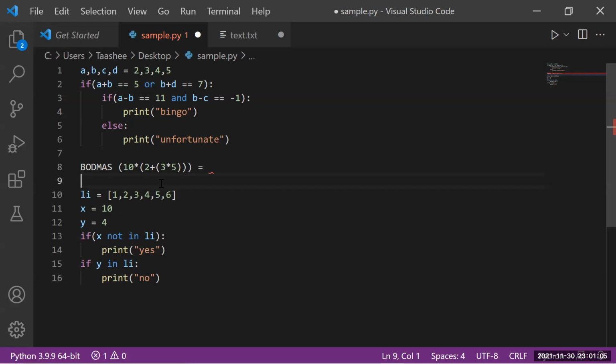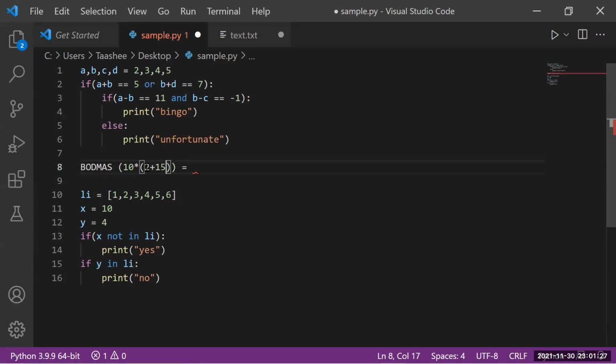170. Okay. Python works the same way. It will go towards the innermost brace and perform that operation first. So this will be changed to 15.